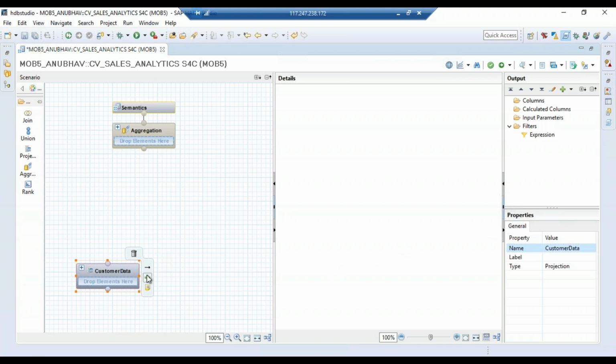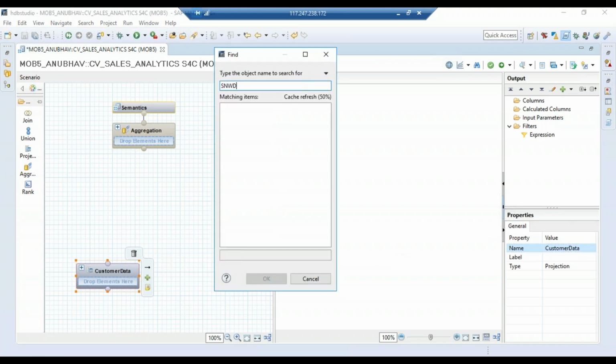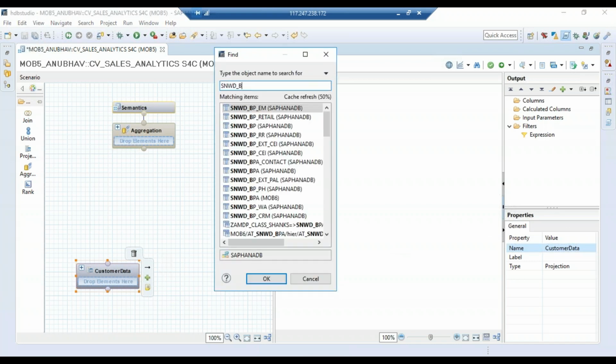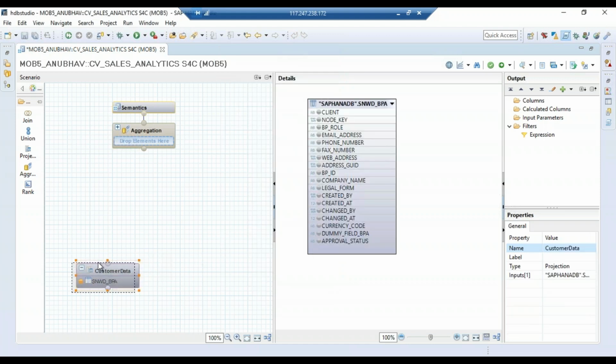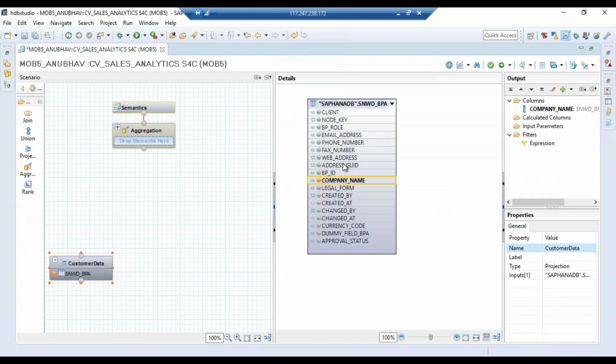And then I will be adding the customer table, business partner table. All right, just choose it and it comes here. So I will be exposing from here the company name and the business partner primary key field along with the client field. And the next one which I will be adding is another projection